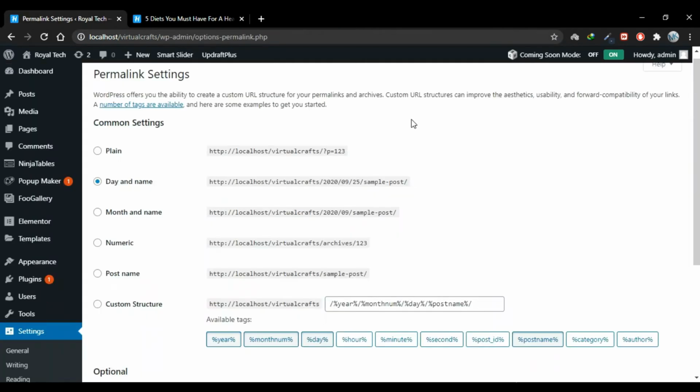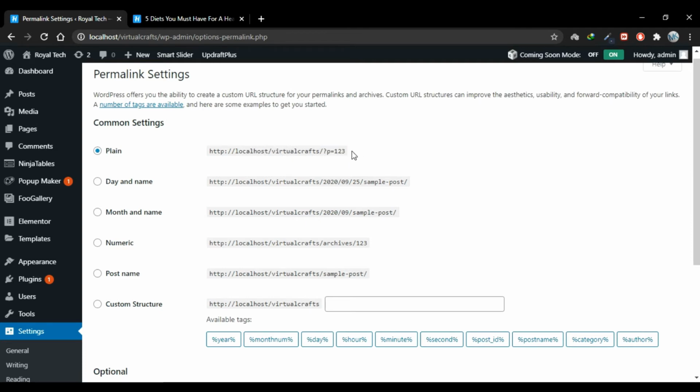Now go back and change your permalink structure to plain. In plain permalink structures, you'll have your domain name, but some ID will be appended to this, and this ID is the post's ID. What I mean to say is that whenever we create a page, a post, a product, a course if you're using LearnDash, everything gets an ID. And if you select a plain permalink structure, that ID will be displayed in addition to your domain name.